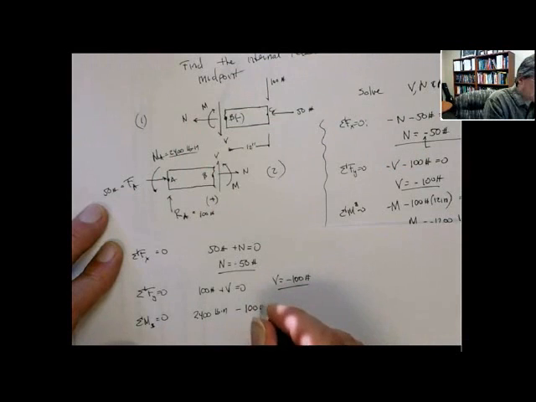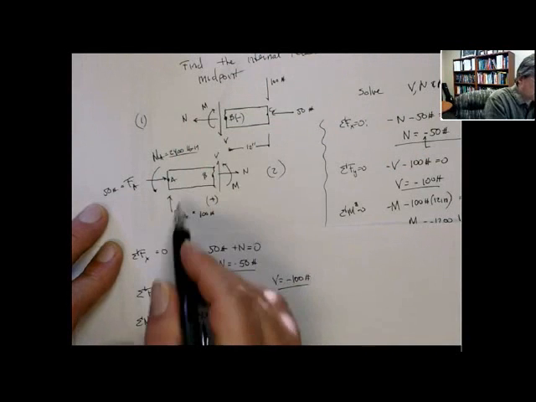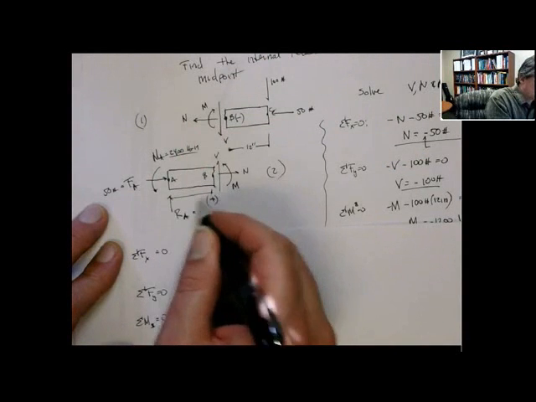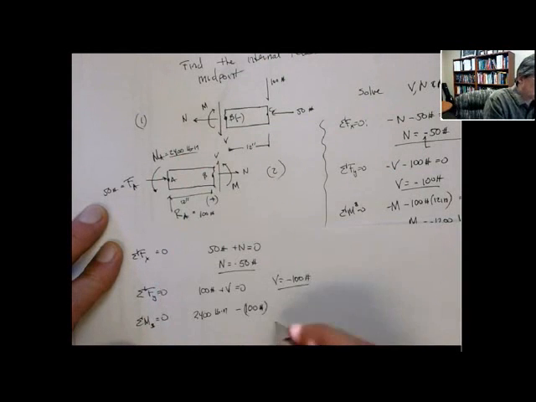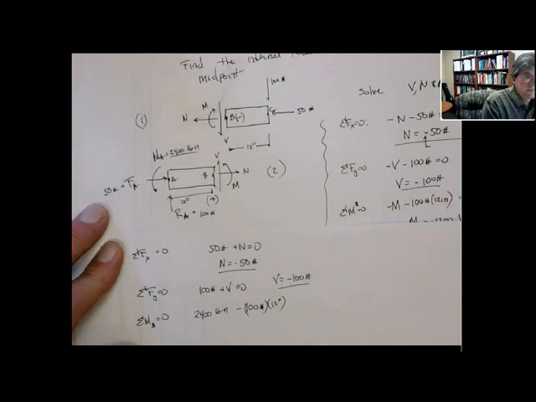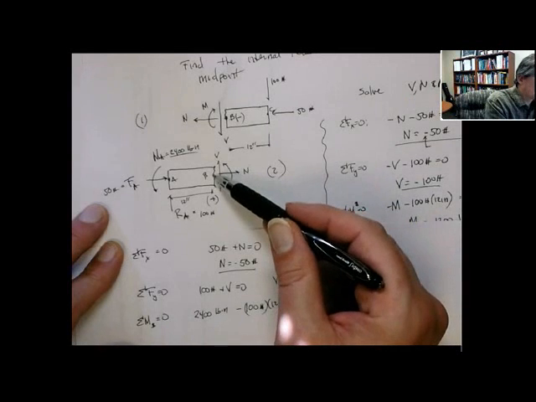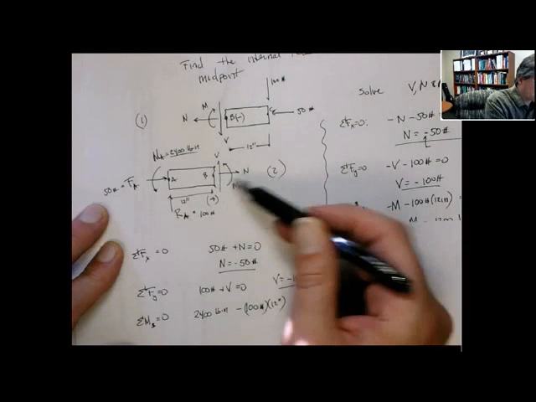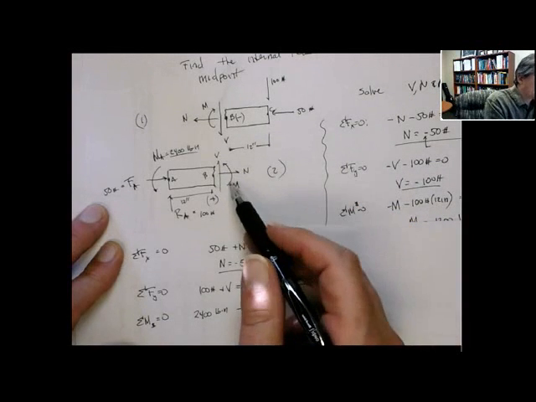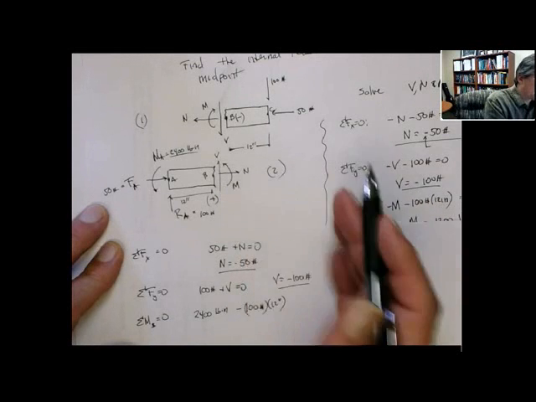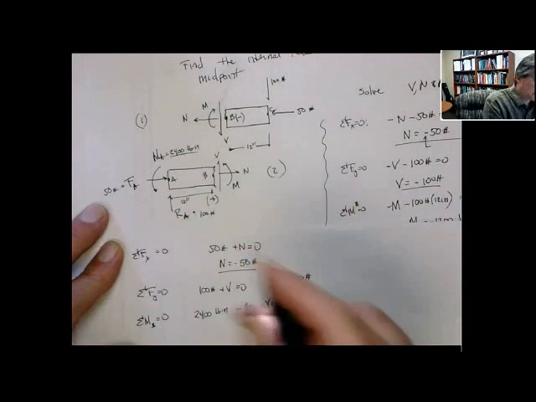100 pounds. This is from RA. Its moment arm is this distance, 12 inches. And now what else do we have? V has no moment arm with respect to this point. It goes through it. Likewise N. And now we just have M, which is a positive moment. So plus M